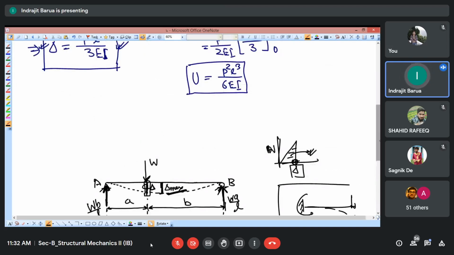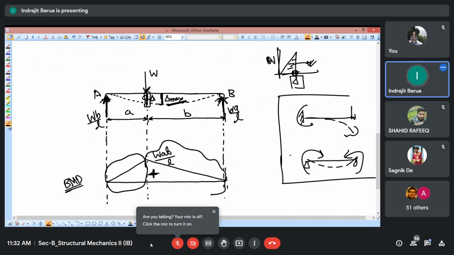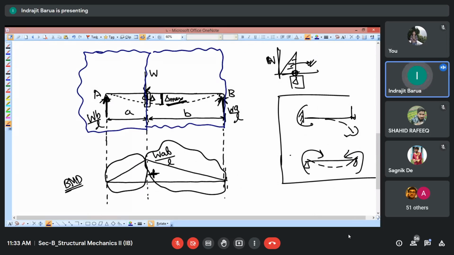Here we have some problem, that within the range I have this sudden change of W. So here the equation is changing. Here it is increasing slope and here it is decreasing slope, and the maximum value is WAB by L. So to get that, we will be dividing it into two ranges. This part I'll take as one range, and this other part as the other range. Okay. So first take the first range, which is range AC.